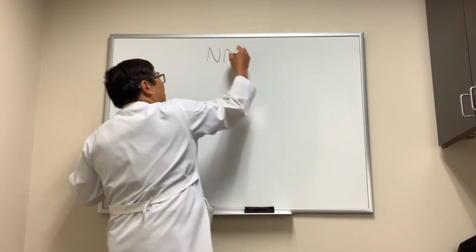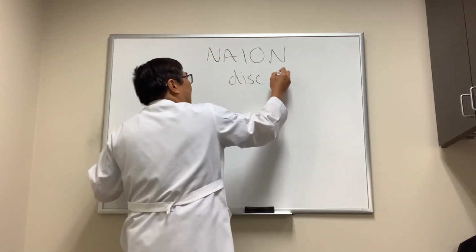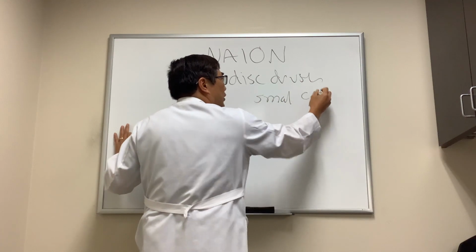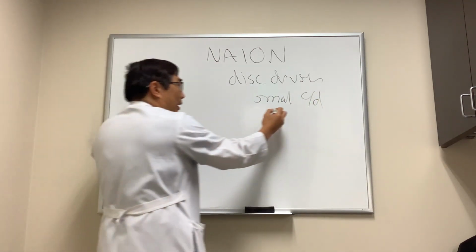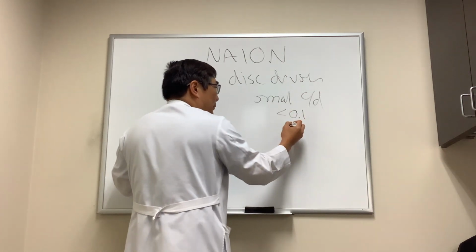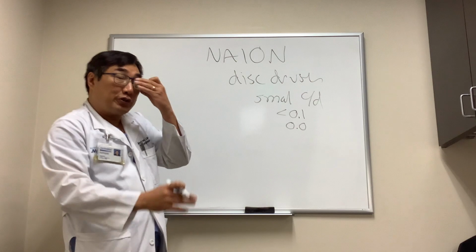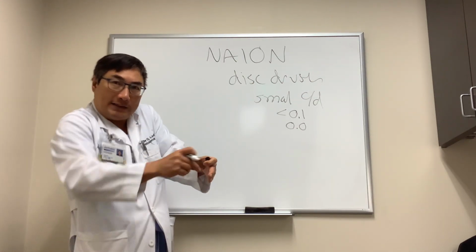So somebody wanted to know about NAION related to disc drusen. And as you know, the small cup to disc ratio is the structural risk factor for non-arteritic anterior ischemic optic neuropathy. So when you have a cup to disc ratio that's less than 0.1 or even 0, you're more likely to get NAION. Presumably that's because a small amount of focal edema in a crowded small space can lead to